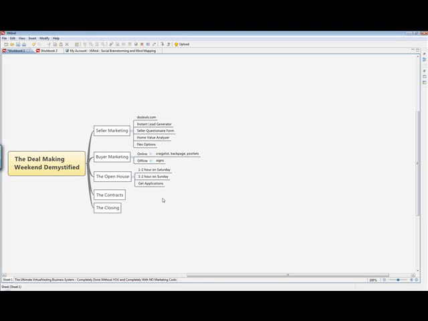So we had a deal on Saturday that we thought was going to be a done deal. The husband was interested and filled out the application.